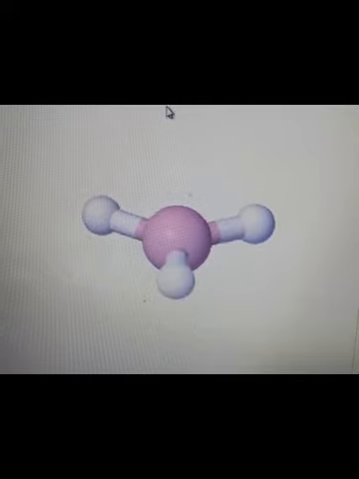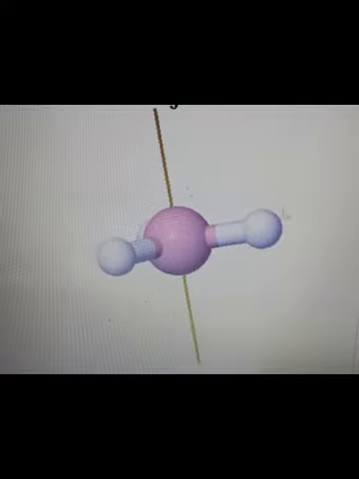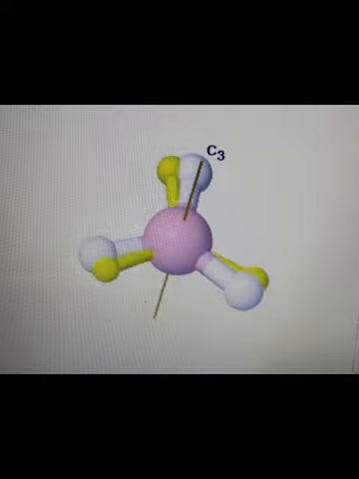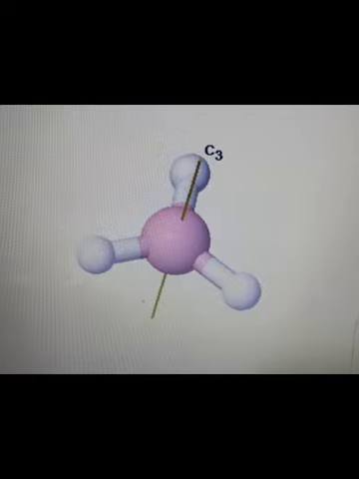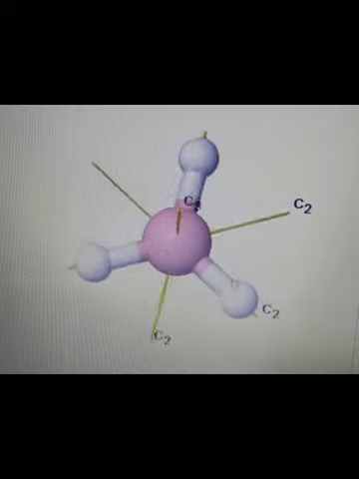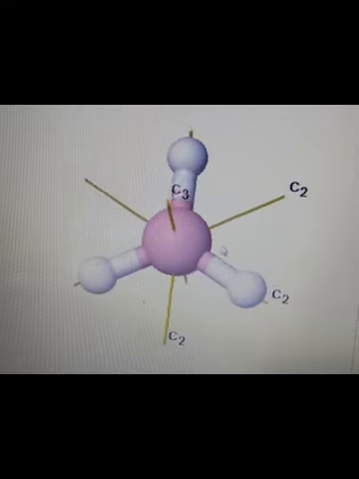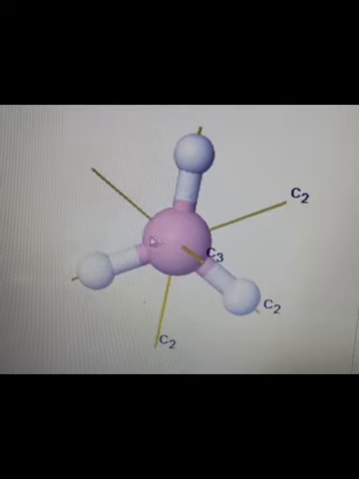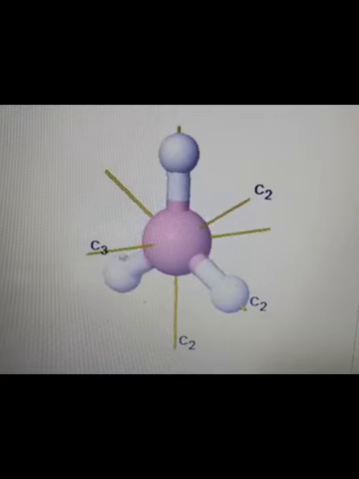This molecule has a C3 rotational axis of symmetry, principal, that is passing through the center of the boron atom. On rotation, you have your equivalent. And it should have 3 C2s perpendicular. This has 3 C2s perpendicular. So these are the 3 C2s which are perpendicular to the C3, which are passing through the BH bond. You can see this C2 is passing through boron and hydrogen. This C2 is passing through boron and hydrogen. This C2 is passing through boron and the hydrogen. Therefore, it has 3 C2s which are perpendicular to C3, and it should have 3 sigma V's.